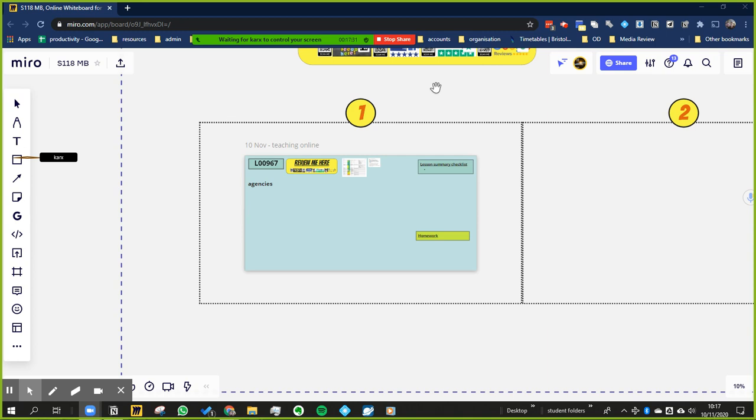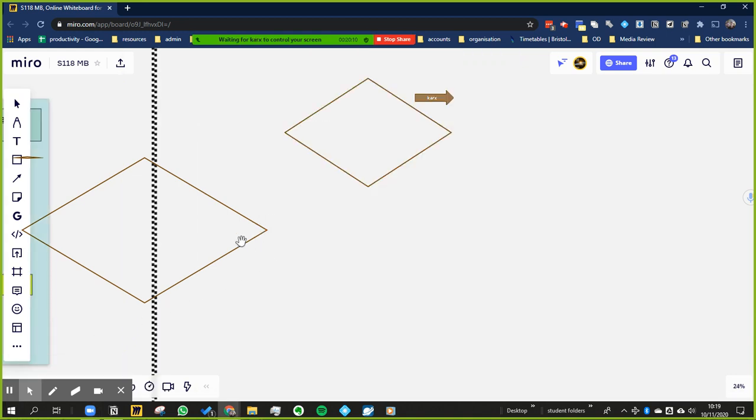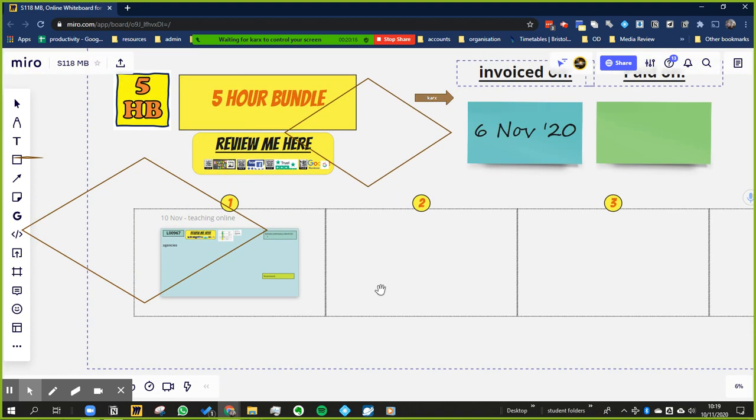I'm not touching the mouse now, and you're still on annotate at the moment. So what you need to do is click on the mouse cursor again on the annotate functions, or let me just pause the video for this. So yes, you now have control of my screen, and you can do what you want. Sometimes I might just leave it like that, so we both have control of the screen throughout a period of the lesson, and we can both do it any time. Or if I feel it's too distracting, I'll just go up here, click on remote control, and then abort control. So you now no longer have control of my screen. So those are the basic